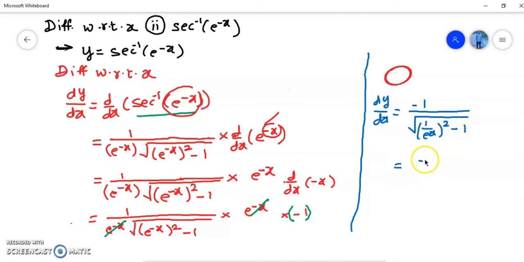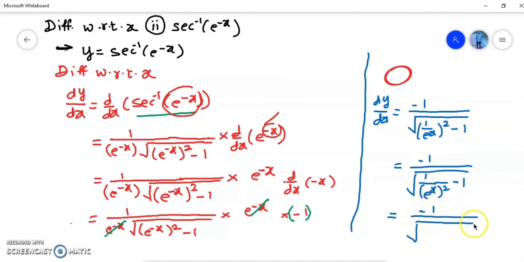which is further written as minus 1 whole divided by, how do you write it further, root of (1 upon e raised to x) whole square, means 1 upon (e raised to x) square minus 1, because 1 square is 1 only, (e raised to x) square is written there, which is minus 1 upon whole root of 1 upon (e raised to x) square, which is 1 minus (e raised to x) square divided by (e raised to x) square,